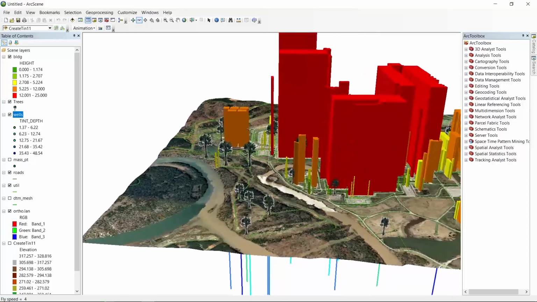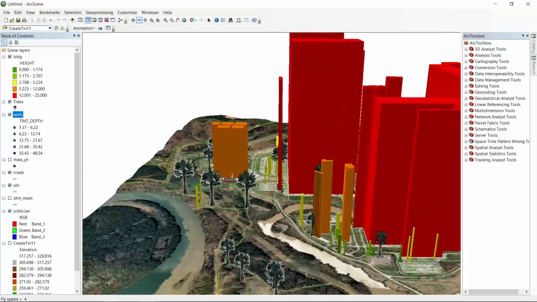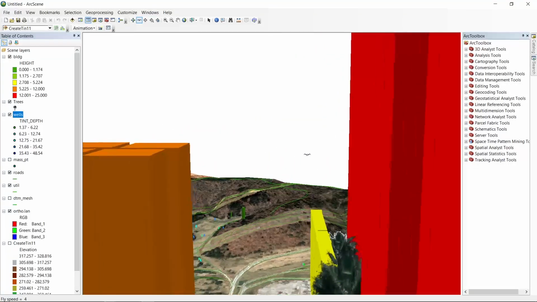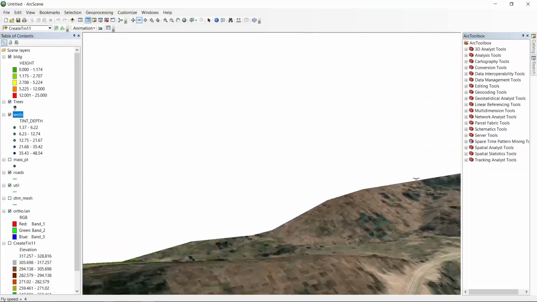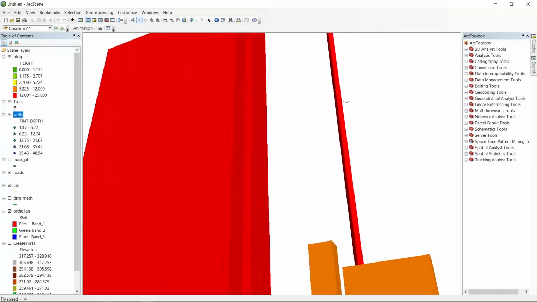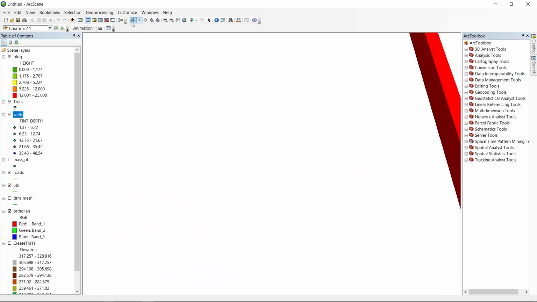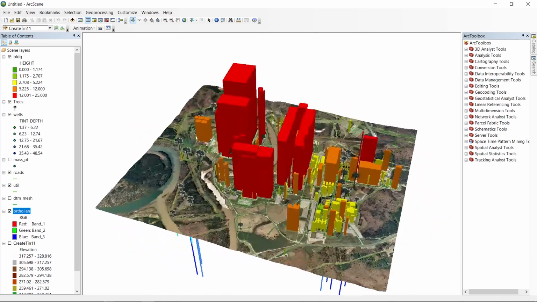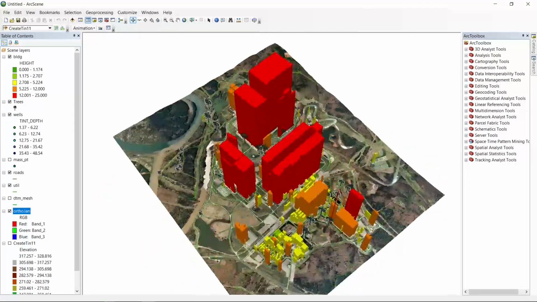You can change the direction by using the mouse pointer. Wow, it's just amazing. I'm like a bird, right? Oops, right. So you can just right click on this here and zoom to layer. Now you have the layer.